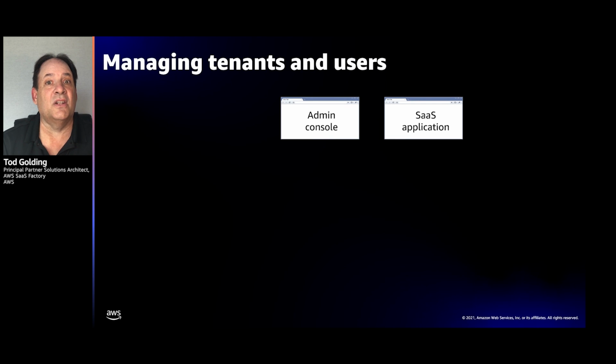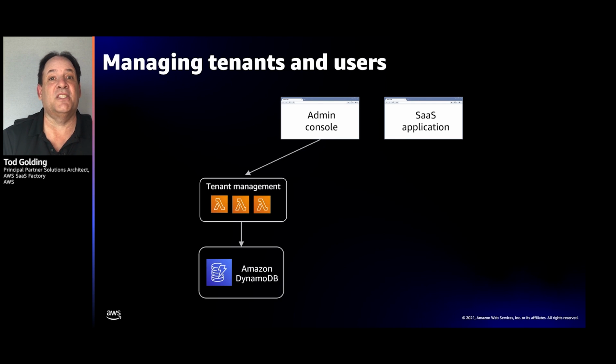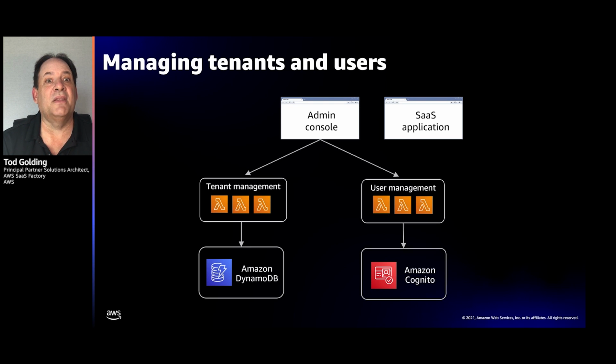So here you'll see I have an admin console. That admin console will hit the tenant management service. And this is where we'll update the state of the tenant through that experience. But also through the admin console, I can hit the user management service and I can update and add users to the admin console, traditional user management here. And of course, our SaaS application also has to manage tenant users and be able to add new users as part of their experience. And that happens through the SaaS application. Now here you'll see we've shared user management. You could easily have pulled these apart and had a separate admin user management, but the code mostly was similar for these two, so we shared that as one service, and then they're just managing that state inside of Cognito.